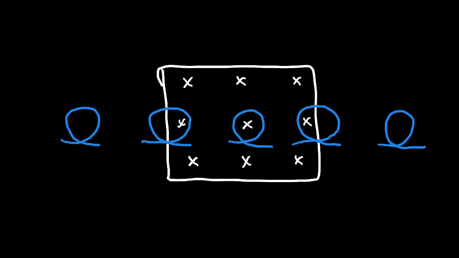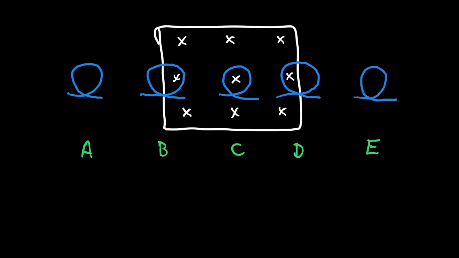I'm going to label these positions A, B, C, D, and E. So I'm taking basically a slinky and pulling it through a magnetic field. And I want to know what's going to happen in terms of induction. Induction means that when you change the magnetic field, you induce some kind of magnetic field inside of your object. That induced magnetic field comes from some current that's going to flow to resist change,